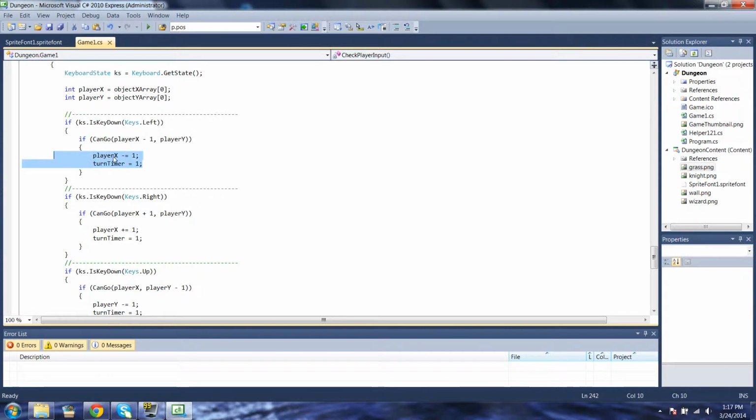We actually move player X to the left by saying -1, and we also set turn timer equal to 1. So what do we do here? Turn timer equals 1. What we're doing with turn timer equals 1 is we're setting the turn timer back so that it can count down to 0 again, so that it can then move on to be the next wizard's turn. But as long as that doesn't happen, as long as turn timer equals 0 and stays at 0, we're still kind of waiting on the player input and nothing else happens, and the wizards can't take their turns until